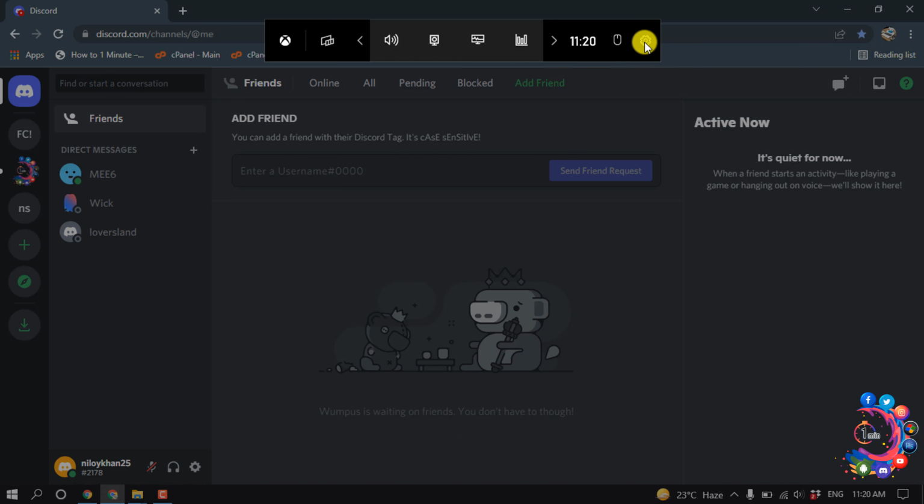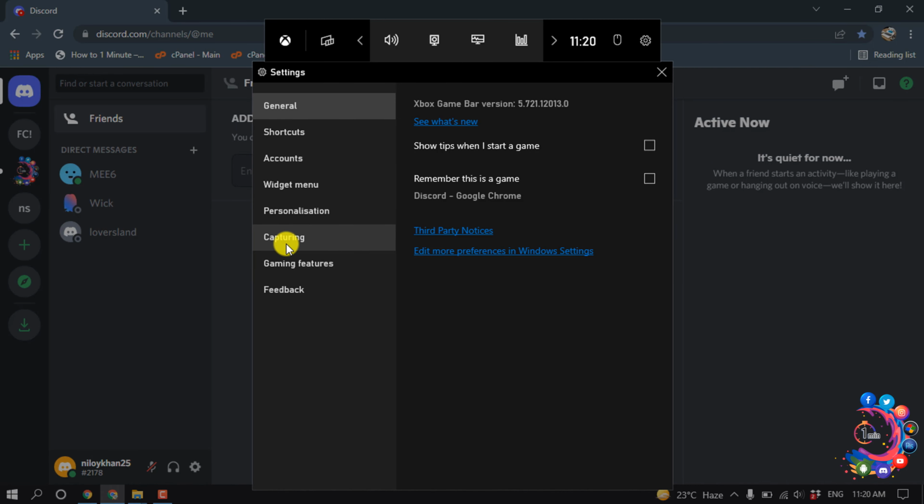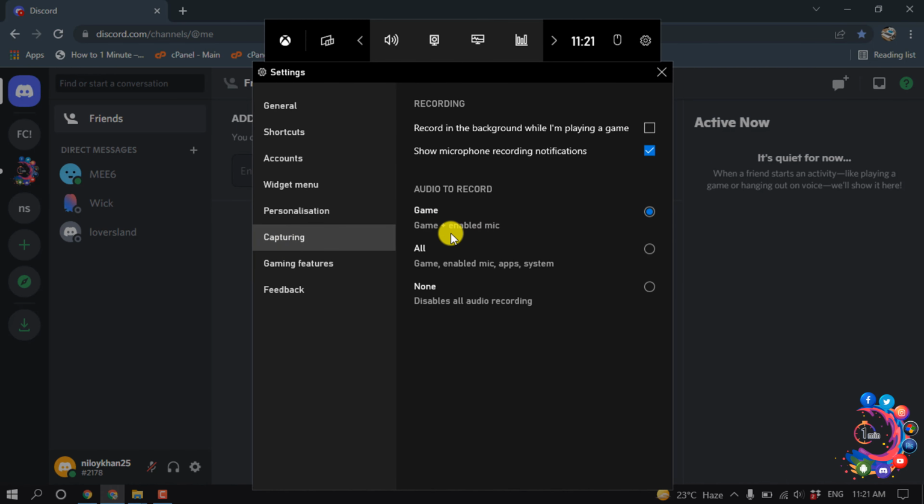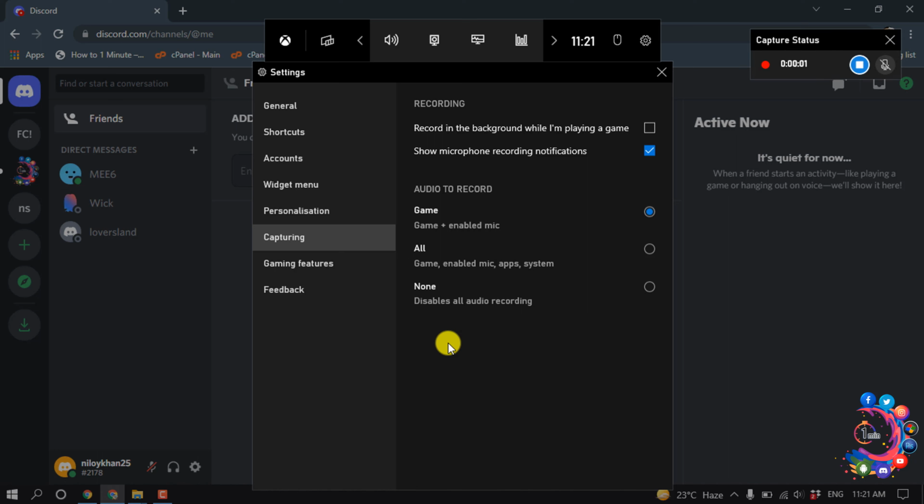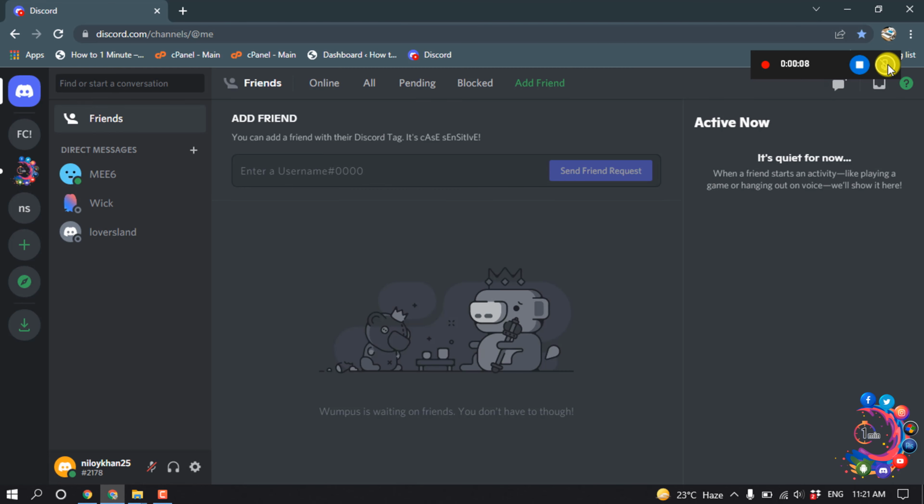on this little settings icon and capturing, and from here select game enable mic, select this option and now hold down Windows key and at the same time Alt key and press R to start your recording. And here you can see my recording has been started, and then you can turn on